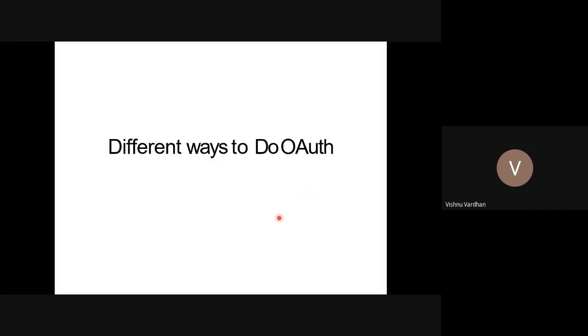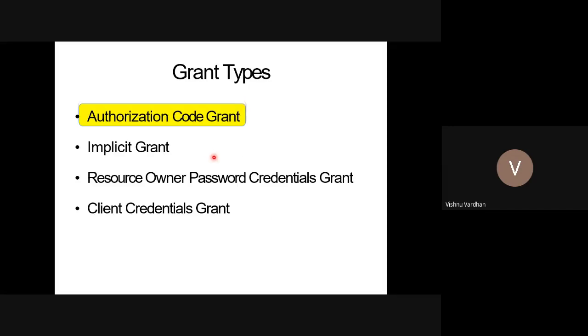Then different ways to do the authorization. We are going to exclusively deal with these types. First one is authorization code grant. Second one is implicit grant. Then resource owner password credentials grant and client credentials grant. We will see them one by one. Grant types are also important. In which case you have to take either of these, you have to decide, and before deciding you have to know the fundamentals of the different types of grants available in the authorization. So, authorization code grant.